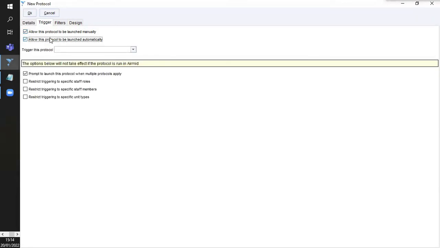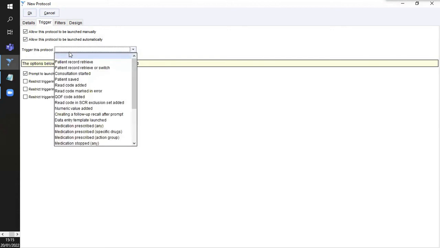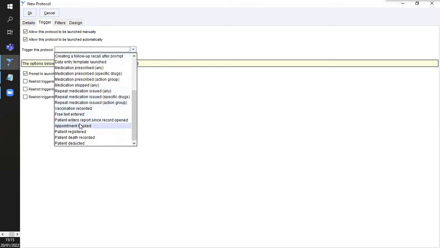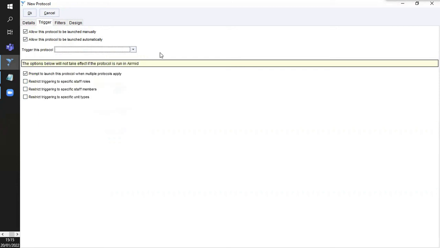Or we can trigger a protocol automatically. To do that, we have to pick an action that's taken on a patient record. For example, retrieving it, starting a consultation, saving the record, prescribing a particular medication, prescribing any medication, booking an appointment, recording a death, deducting a patient, etc. If SystmOne sees somebody do that trigger,